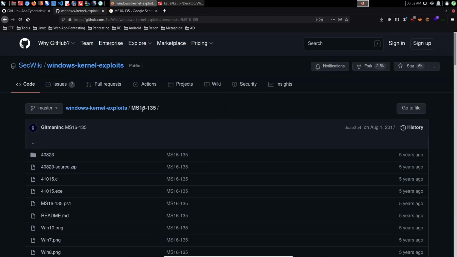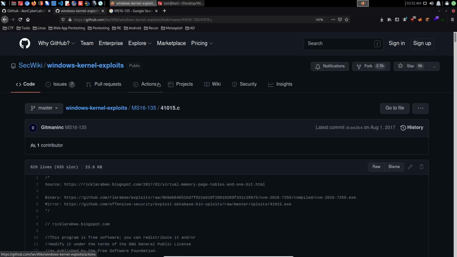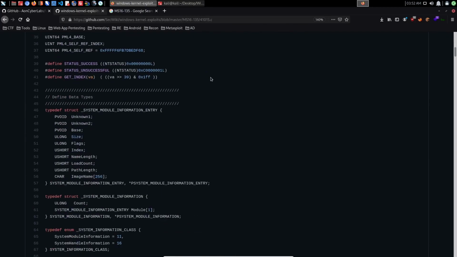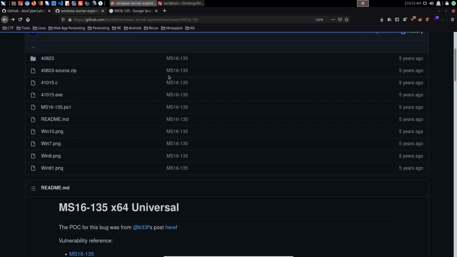And the great thing about this GitHub repository is it provides you with the C code that you can actually go through and verify that indeed this particular executable or exploit code does what it's supposed to and isn't doing anything malicious, right? Which is why I'm recommending it to you. And you can then utilize this code and compile it yourself. I will not be covering the actual compilation of exploits within this course. As I said, I'll be working on that in another course where we'll be taking a look at exploiting Windows from the context of buffer overflows and how to write your own exploits. In this case, we'll be utilizing the pre-built executable right over here,